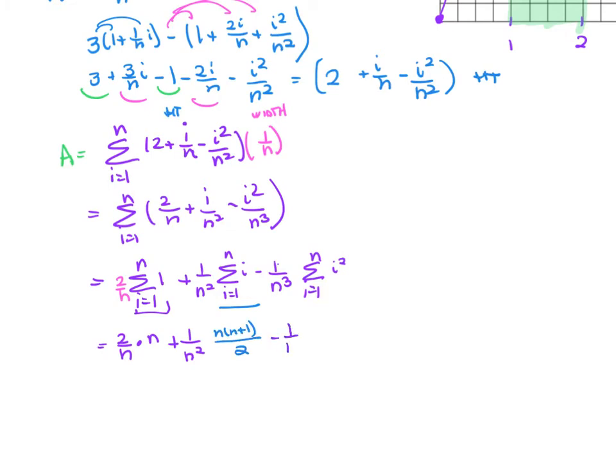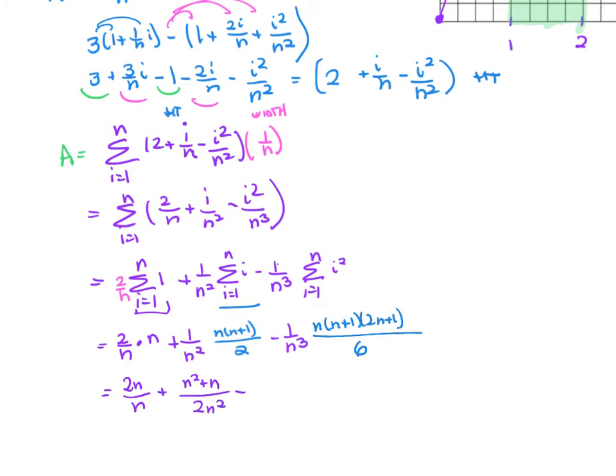Then minus 1 over n cubed, and the sum of i squared is going to be n times n plus 1 times 2n plus 1 all over 6. So now this is just all algebra. We need to get a common denominator and then evaluate. So 2 over n, 2 times n over n plus, this is going to be n squared plus n over 2n squared